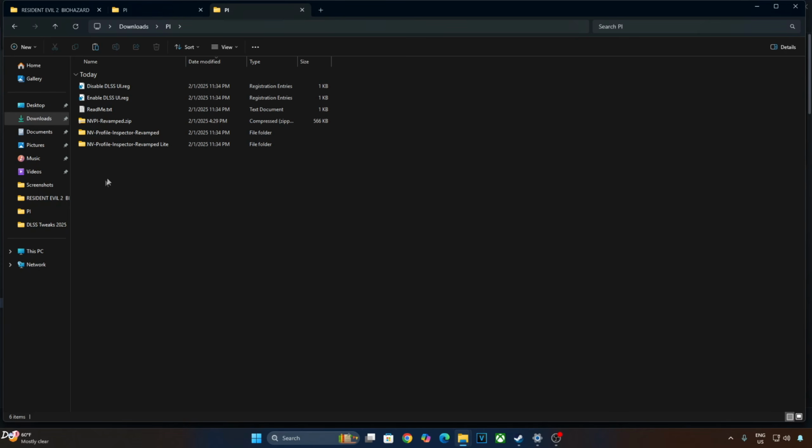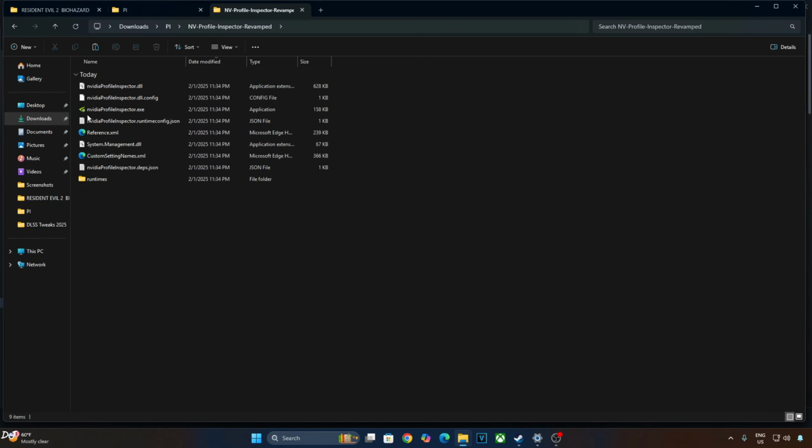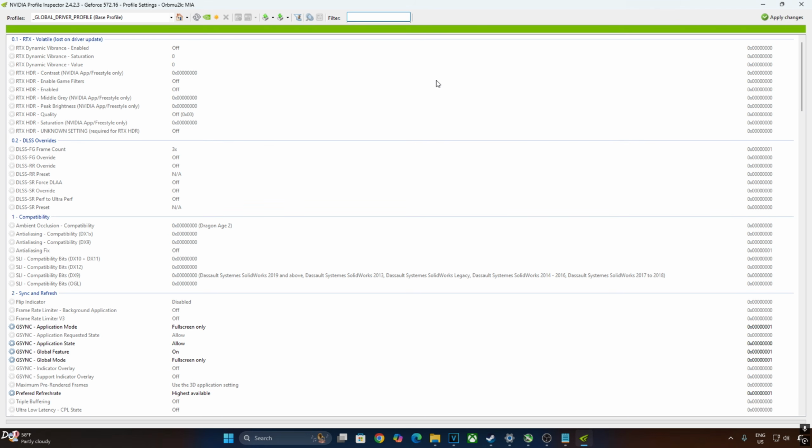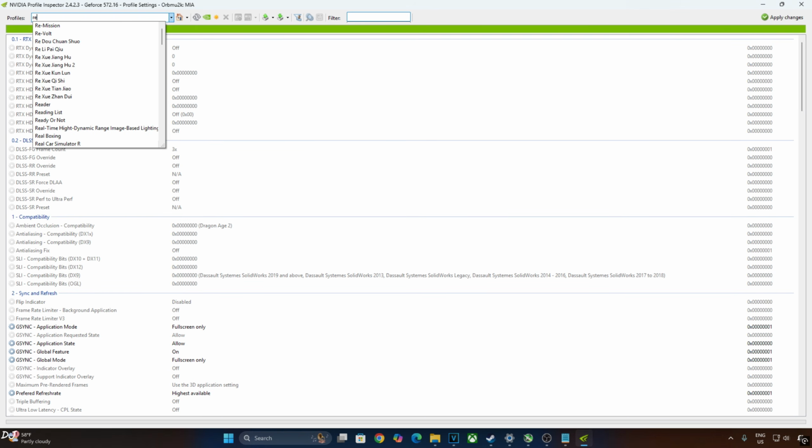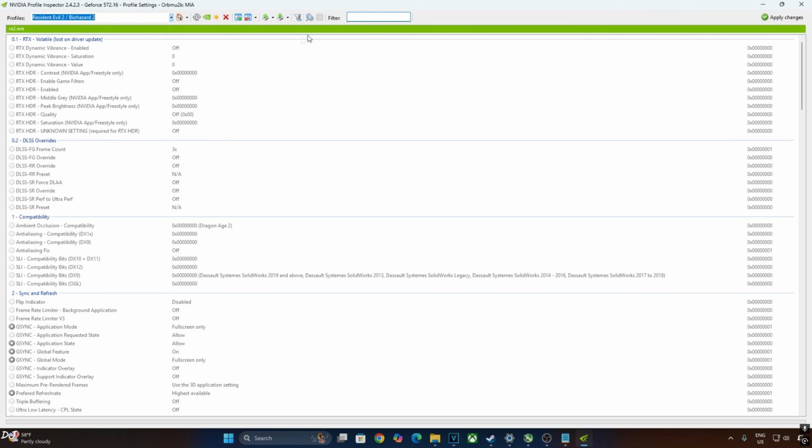Now just open Nvidia Profile Inspector Revamped folder. Execute Nvidia Profile Inspector.exe file. This is Nvidia Profile Inspector. Just click on the drop down bar next to profiles. First, I'll set the settings for Resident Evil 2. Just type Resident, there it is, Biohazard 2. Click on it. If this game had support for an older version of DLSS Upscaler using Nvidia Profile Inspector, we